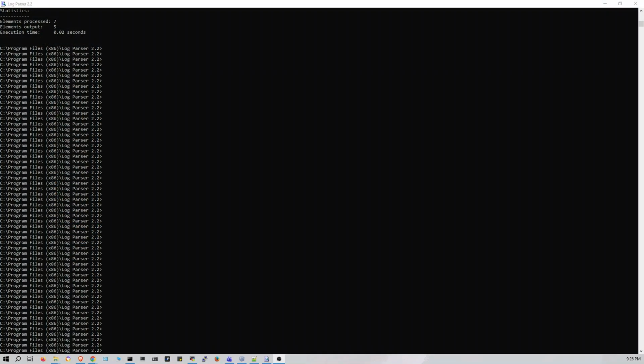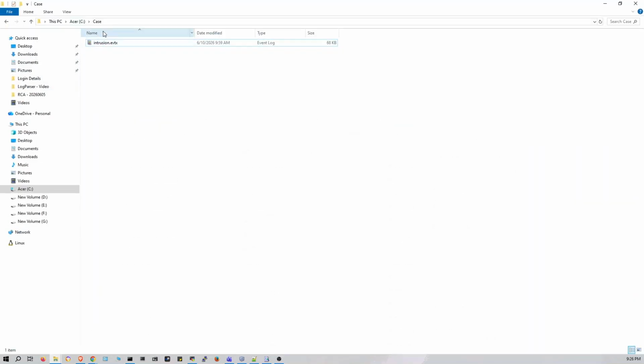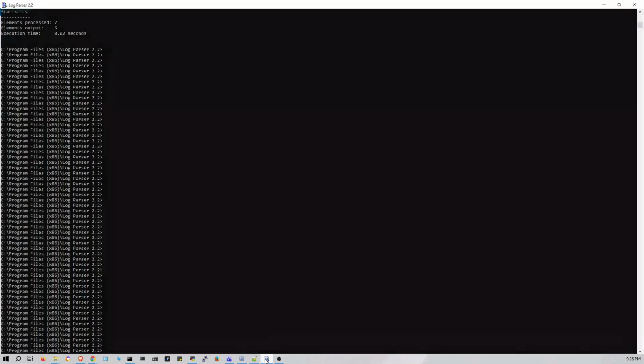Here as the first step, I will read the log file, but before that I will show you where I have taken this public example. This is where I got the example, and I downloaded the file, created a directory on the C drive, and copied the file here. And this is the intrusion file that I am going to check